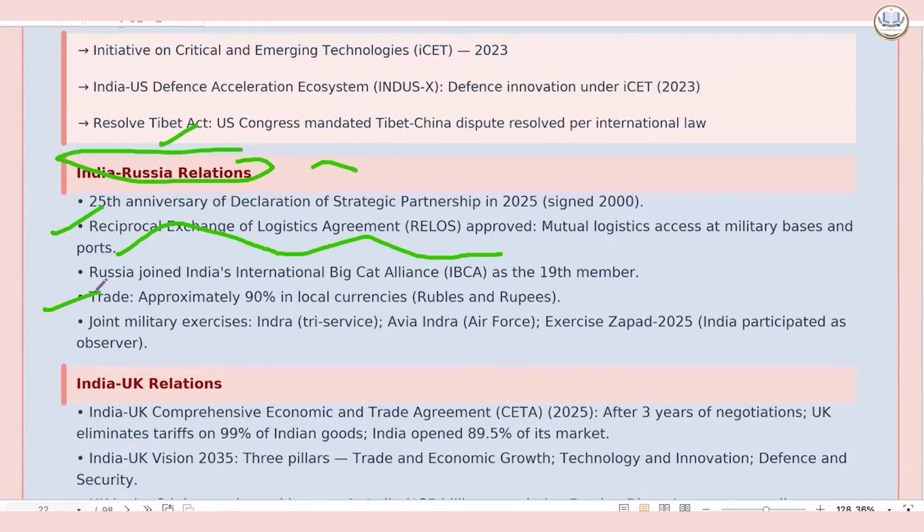Joint military exercises: INDRA is a tri-service exercise, and AVIA INDRA is for the Air Force. In Exercise Zapad 2025, India participated as an observer. And India-UK